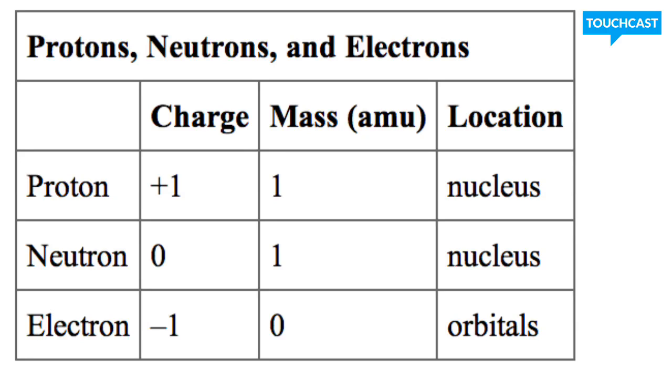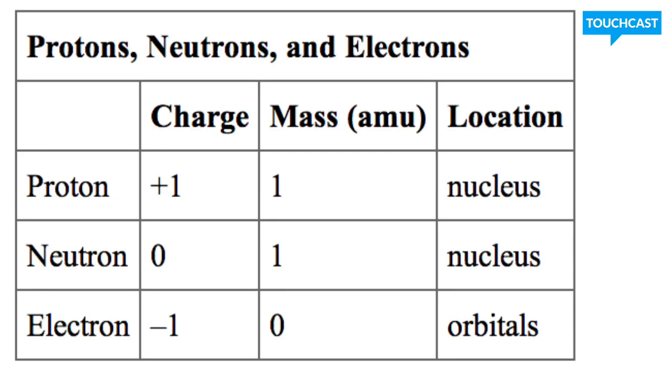Alright, now neutrons, they have a charge of 0. I do want to emphasize that. Most kids get them confused with being negative. They actually have a charge of 0. Their name comes from neutral. Their mass is also 1, and they are found in the nucleus. So the only real difference between our protons and our neutrons are neutrons have no charge, while protons have a